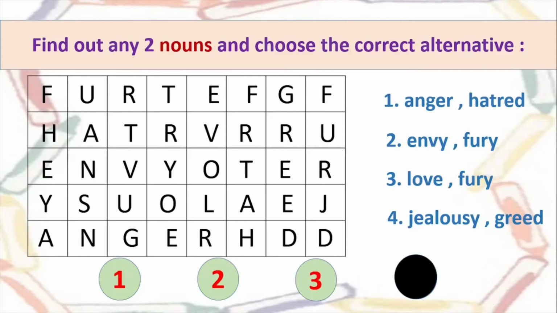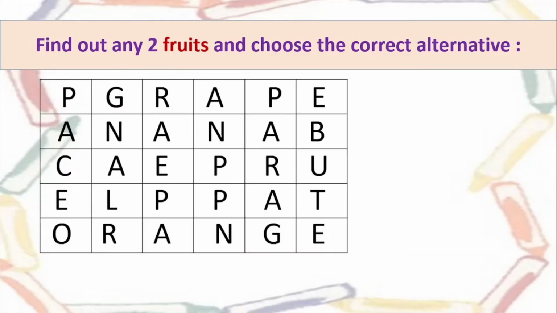So let's see where jealousy is. Here it is written in the reverse, that is backward manner. Jealousy, written from right to left. Okay, and then where is greed? Let us see. Here is greed, written vertically. Greed, greed. Okay, so this was one more example in this pattern. Let's take a look at one more example in this particular pattern.